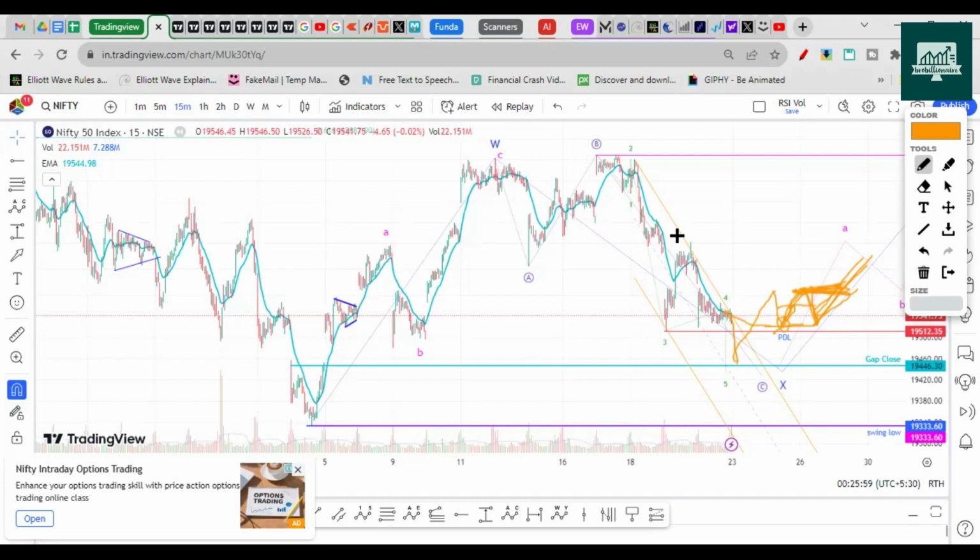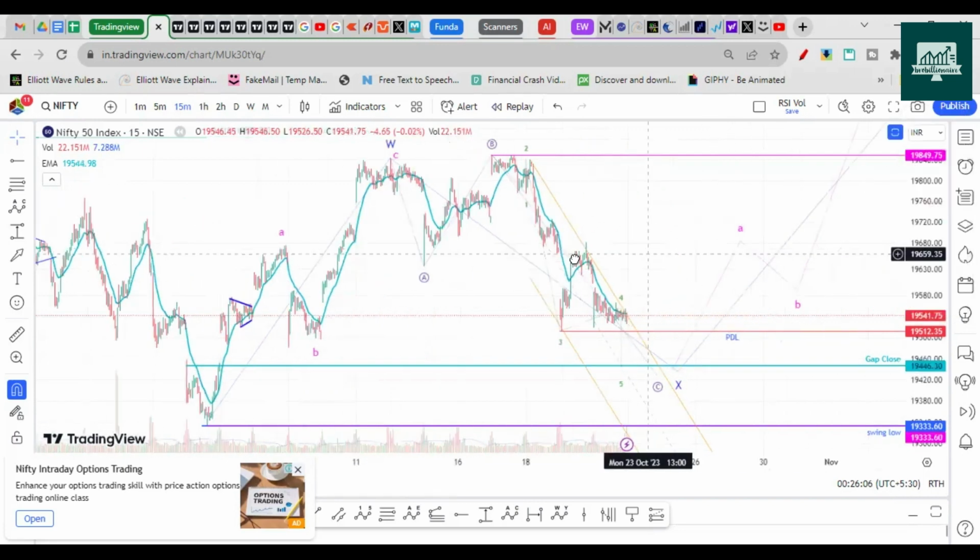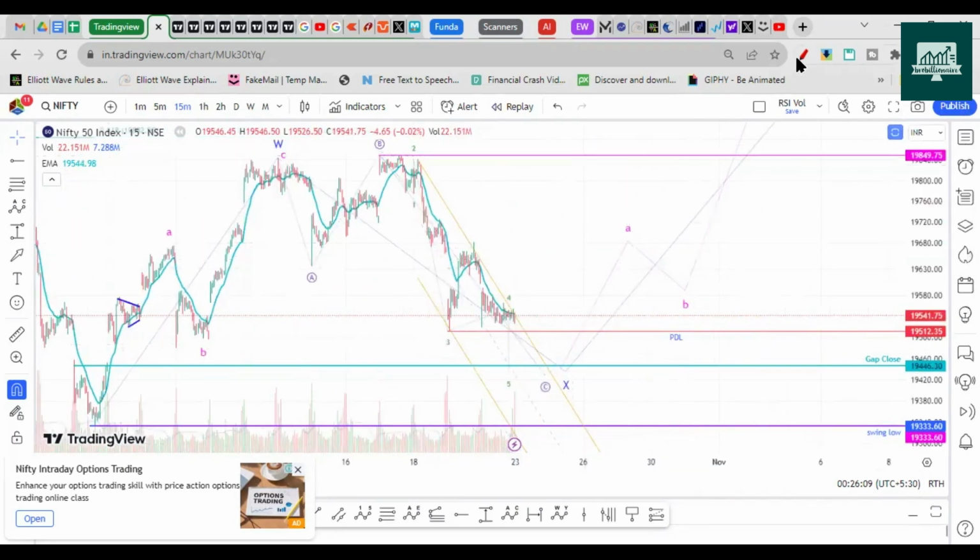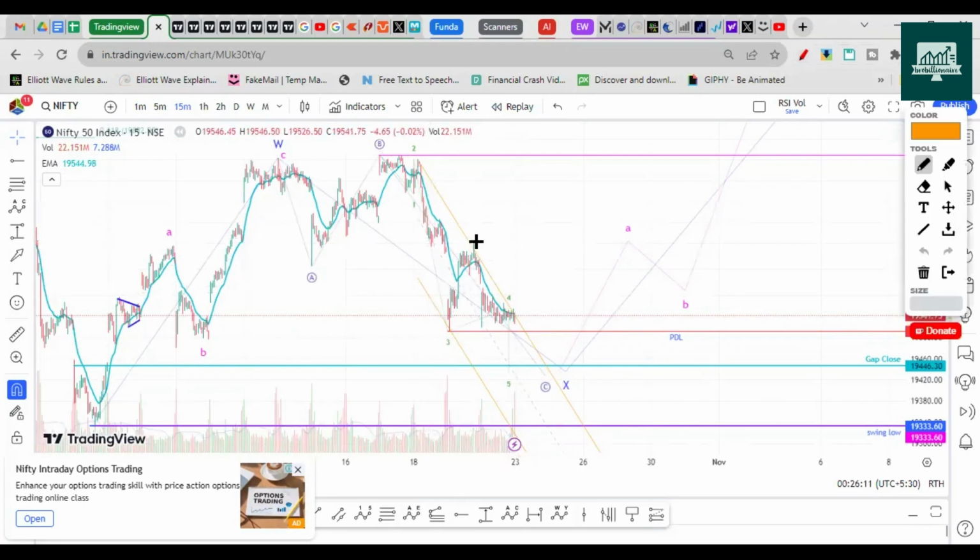So this is your A wave going towards this particular swing, right? The price at that point will also come out of the channel, and that is our entry point for riding the A wave. Then after coming to this resistance zone, I will look for exiting half or even the complete position that I have taken, maybe in a call option or future, whatever. And then for the pullback, I won't ride this B wave. I don't want to trade this B wave. It can become a complex structure, or it can become anything.